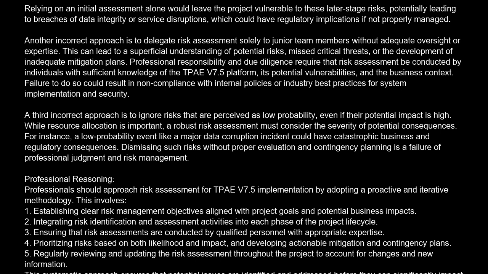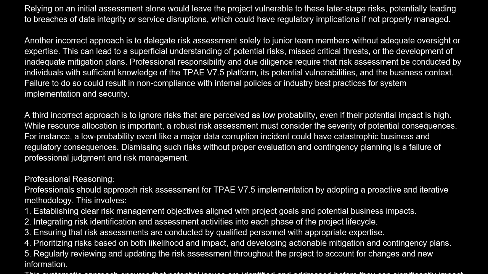Professional reasoning. Professionals should approach risk assessment for TPV7-5 implementation by adopting a proactive and iterative methodology. This involves: 1. Establishing clear risk management objectives aligned with project goals and potential business impacts. 2. Integrating risk identification and assessment activities into each phase of the project lifecycle. 3. Ensuring that risk assessments are conducted by qualified personnel with appropriate